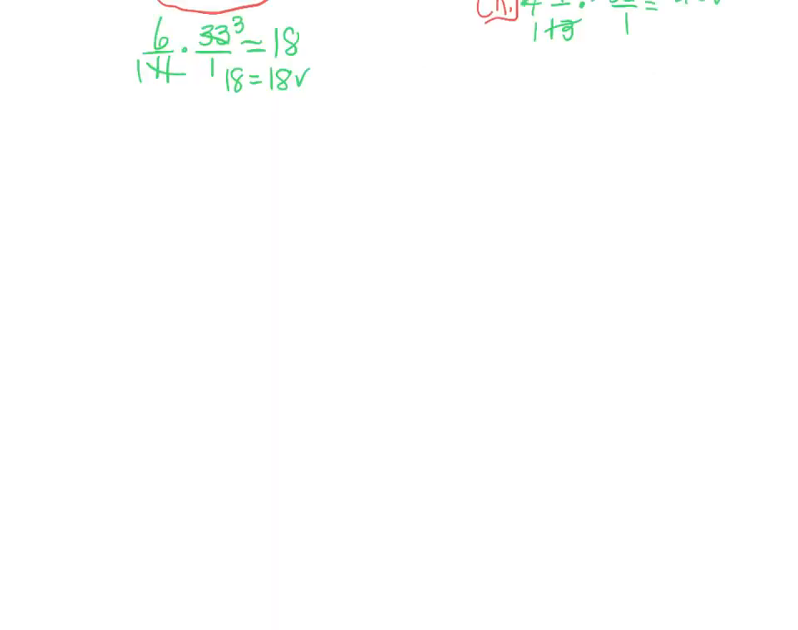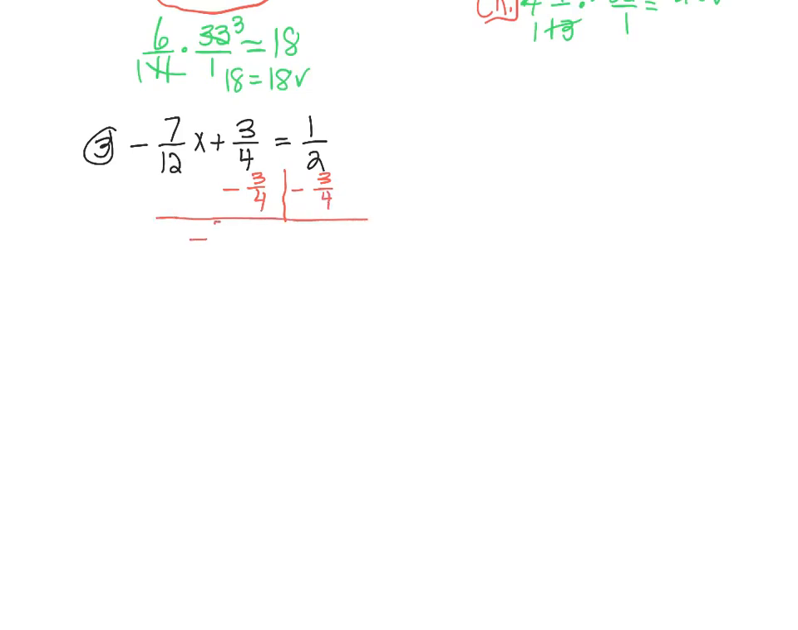All right, number 3. This is where it gets a little bit more difficult, and I'm going to show you 2 different ways to do this. Negative 7/12 x plus 3/4 equals 1/2. You notice on this problem, we have a lot of fractions, and I know you guys don't really like fractions, even though fractions are our friends. We could start off by subtracting 3/4 on both sides. We're left with negative 7/12 x equals